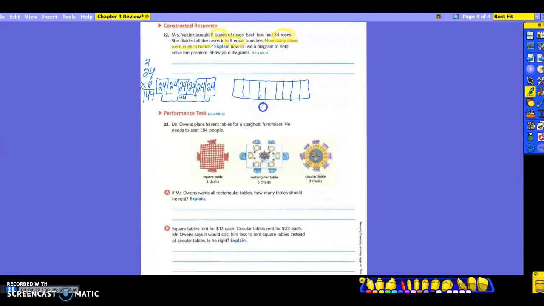Now, I still have my total down here, right? So put it back down there so I know I've got that. Now, do I know what's going in this model? No, not yet. I do know that I have to have the 9 groups, or the 9 bunches. Then Mackenzie told you she wanted to do what for her expression? Divide. So over here to the side, you're going to take 144